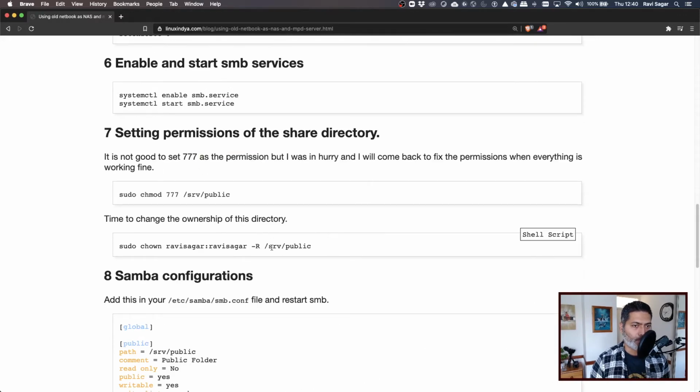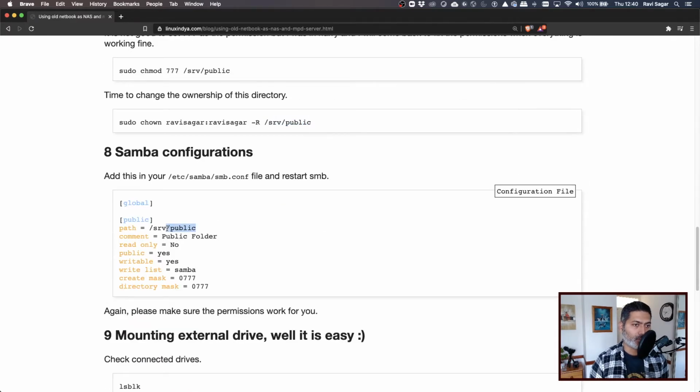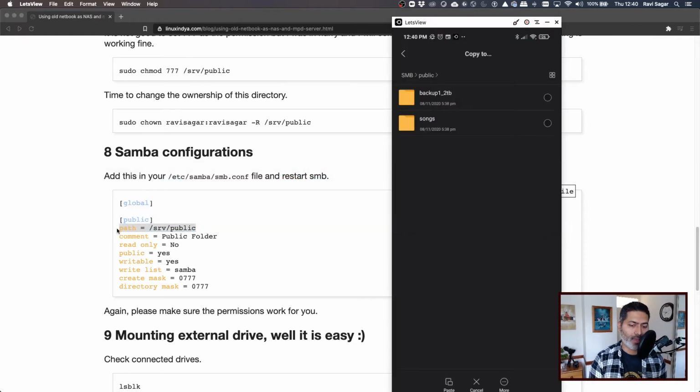If you look at my configurations, I'm basically using this directory called SRV public, and I'm using this directory in the Samba configuration. So this is of course based on my configuration. You don't have to have the same exact name. So you can then go to the